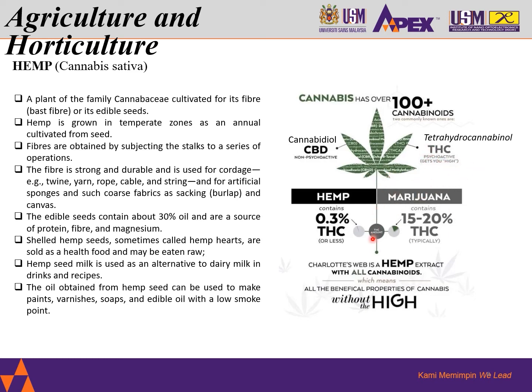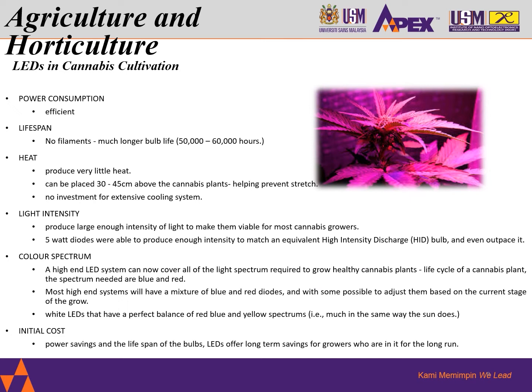Hemp contains 0.3% THC, and of course marijuana typically has 15 to 20%. Charlotte's Web is a hemp extract with all cannabinoids. All the beneficial properties of cannabis, without the high, can be achieved by utilizing the growth of hemp. Okay,